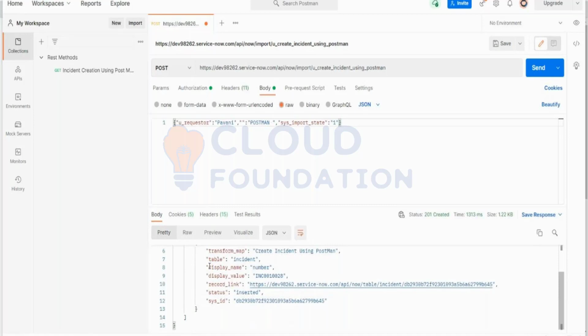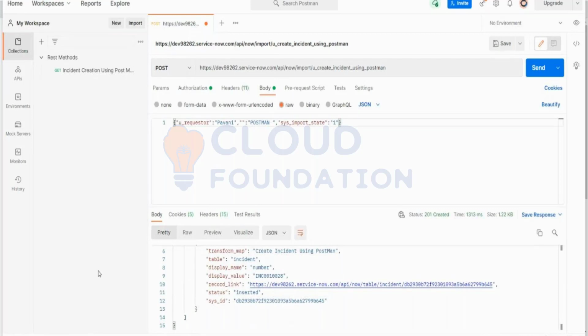Same thing. You will create outbound and then you will provide the instance URL. The moment you hit the URL from Postman and authenticate, ServiceNow will authenticate your request and it will process the data and send it back to you. Right? Like if you are giving outbound.